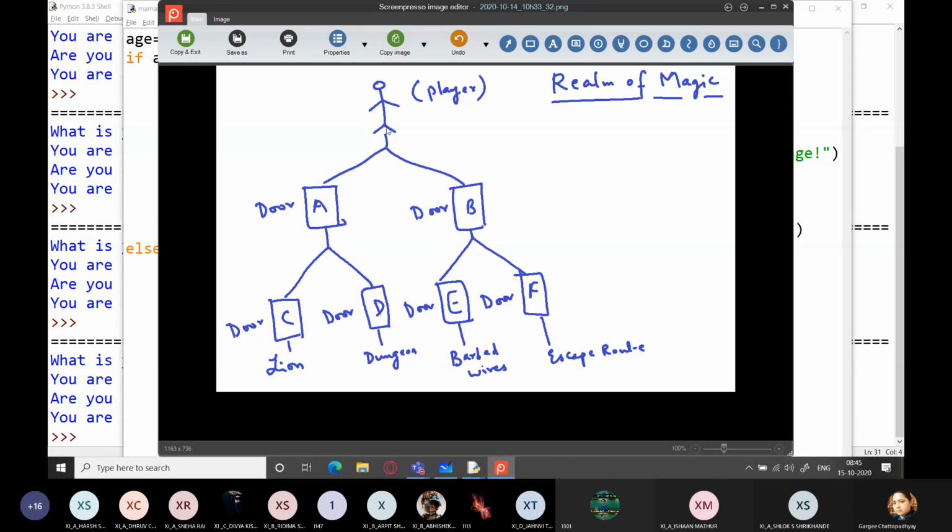Then if you choose door B, you have to again choose door E and door F. Okay. So if you choose door E, there is an electrified fence over there. So the moment you touch it, you get electrocuted and you die. Okay. And if you choose door F, you get an escape route. You are alive and you run away from there.